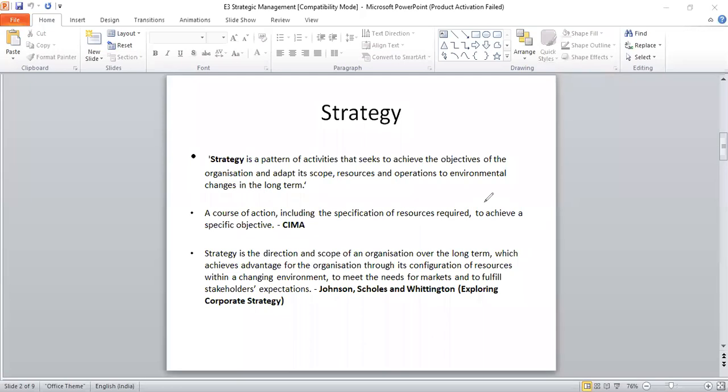Now, every organization, when it is set up, has some basic purpose behind why it is set up. Something has to be achieved on setting up that organization. So there are certain objectives which the organization would want to achieve, though not immediately. In the long run, it wants to achieve those objectives. So the very basic purpose of what it wants to achieve, what course of action it wants to take up in the course of time, all that.